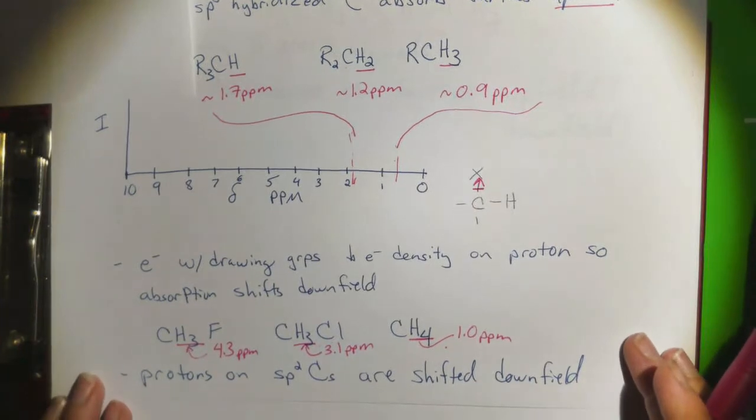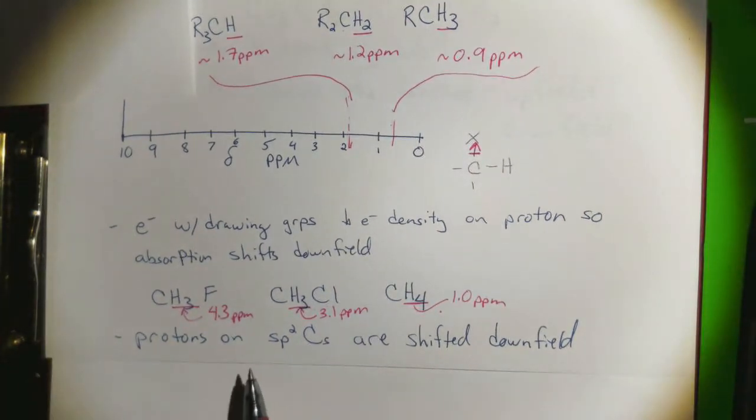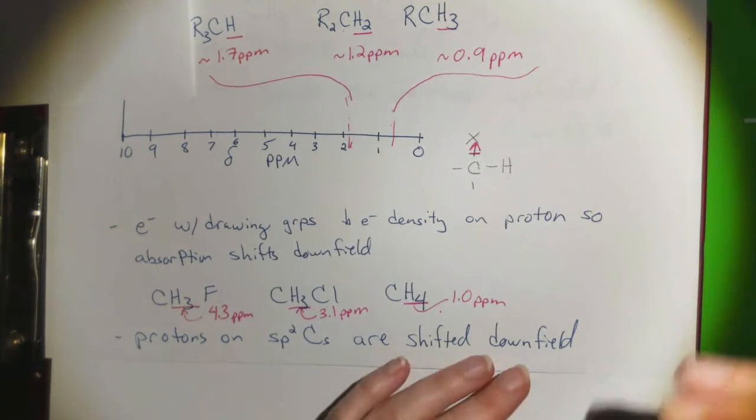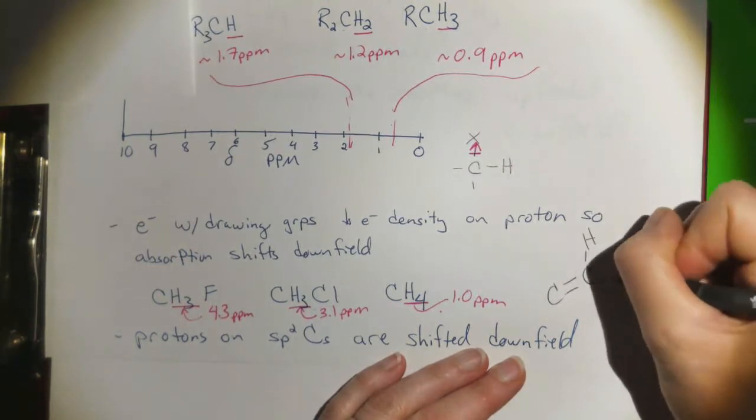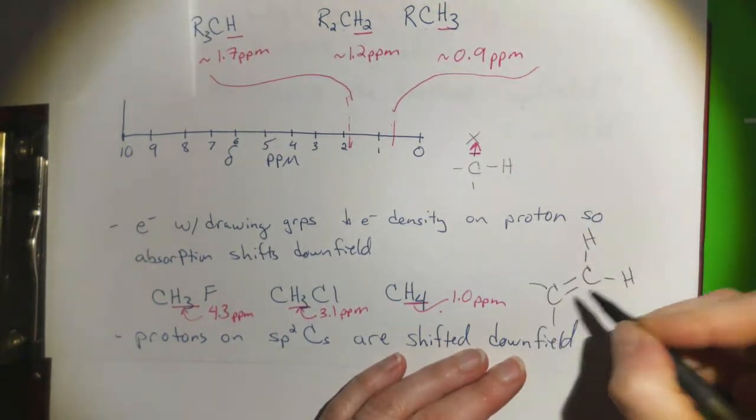Okay, so what else are we going to encounter? Let's take a look at vinylic protons next. These are protons that are on an sp2 hybridized carbon atom, so they are going to be shifted downfield relative to hydrogens that are on an sp3 hybridized carbon atom. Why is that the case? Let's look at an example here, a geminal